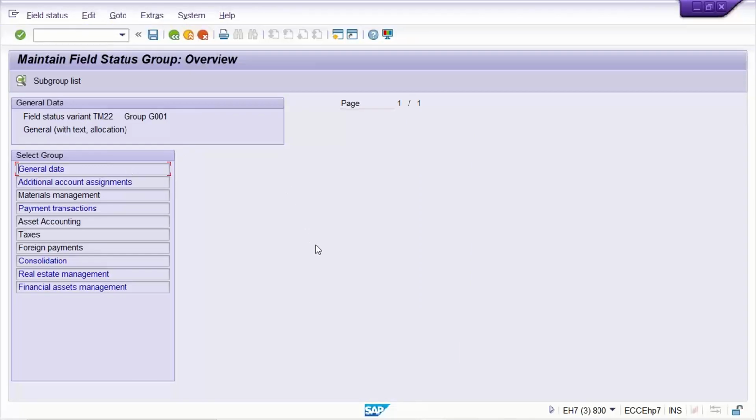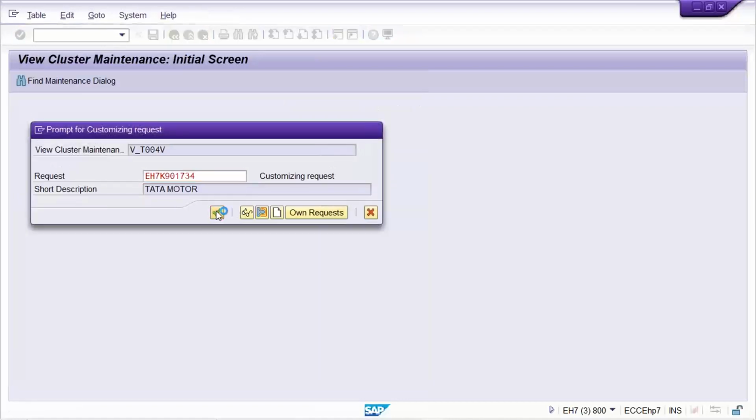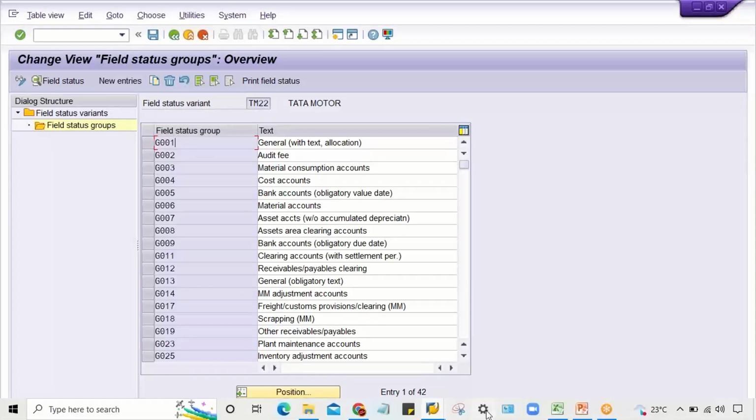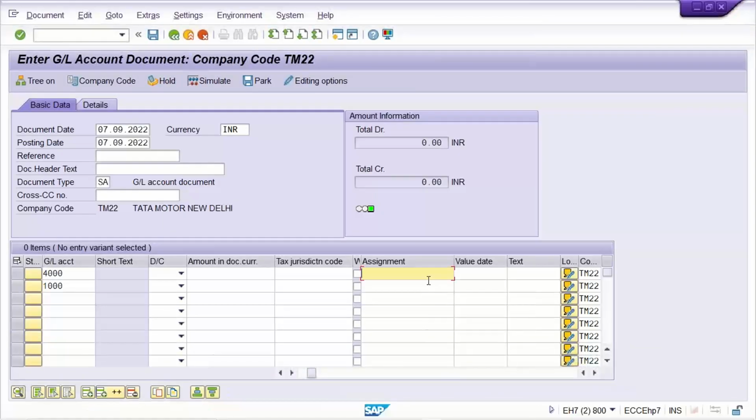Let's suppose, what is my field status group? I hope this one itself will be there, G001. And I'm going to make this assignment number suppressed. So if you make it suppressed, it means this assignment field should disappear, right? So here